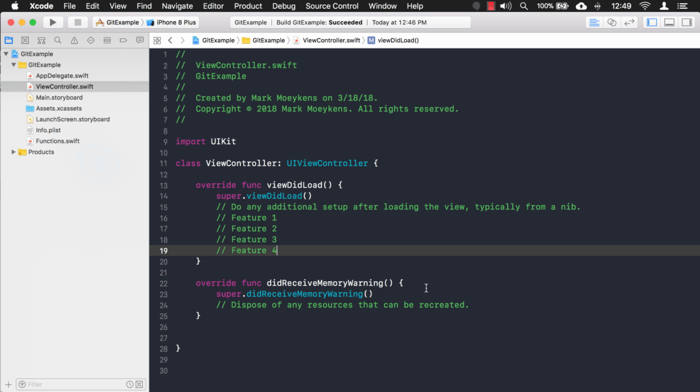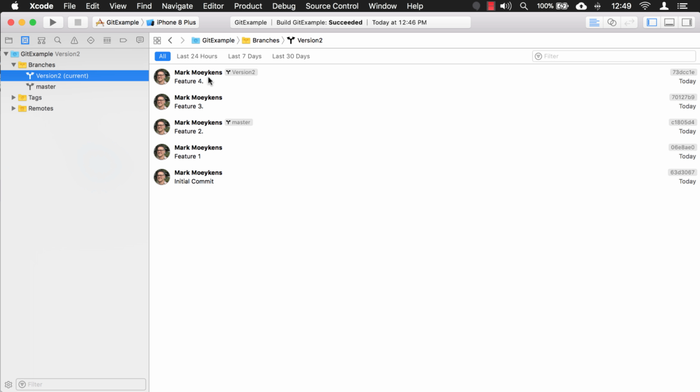All right, great. So let's take a look in our version. And we see that we now have feature 3 and 4. Okay, great. Now at this point, this is when you start getting some feedback from users through the App Store. Your app's getting bad reviews because they found a crashing bug. And you don't want bad reviews on your app. So you want to fix this bug as soon as possible and just get it right back onto the App